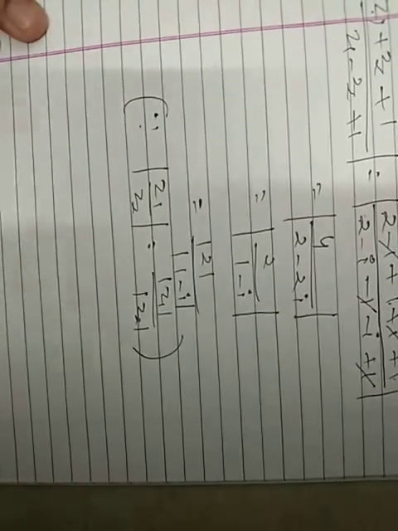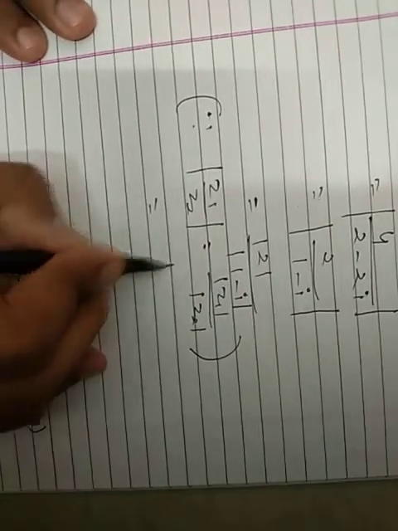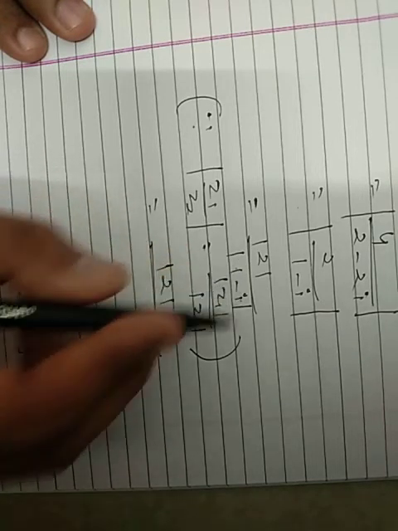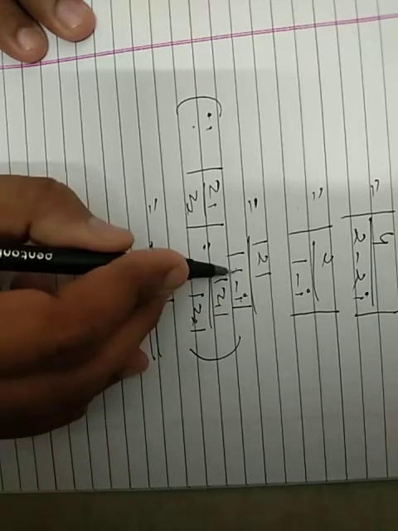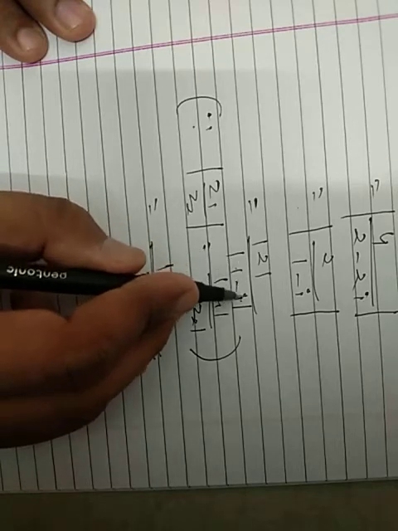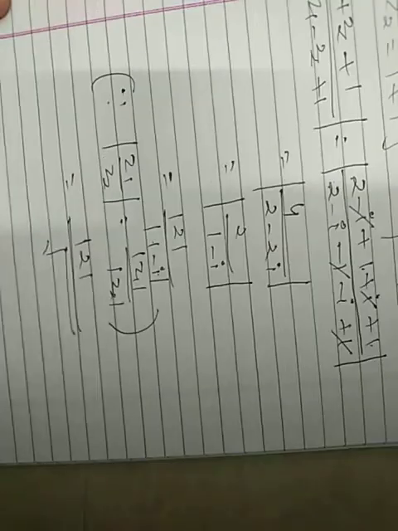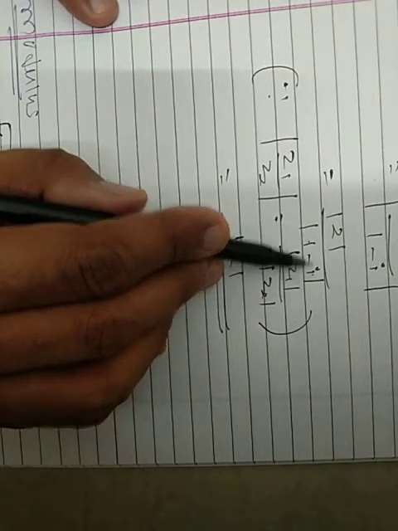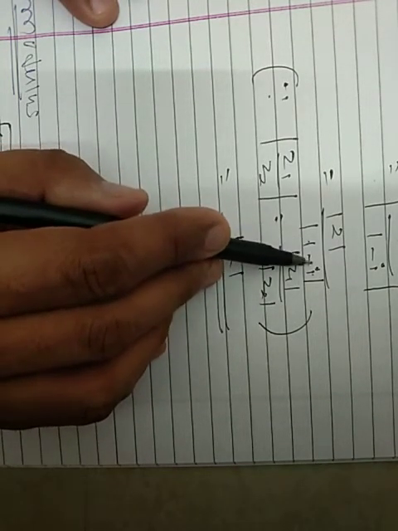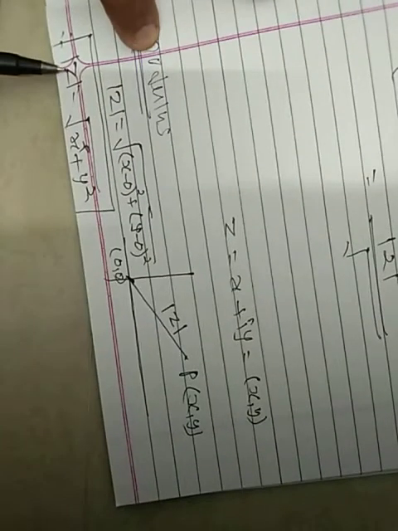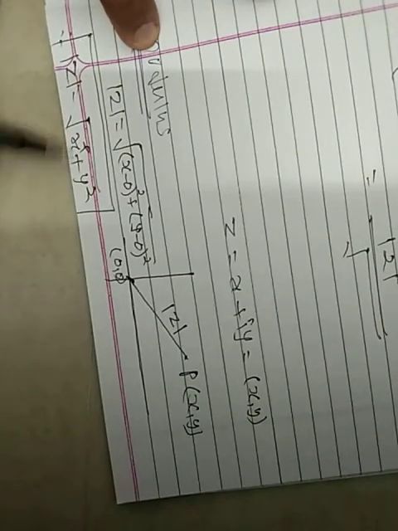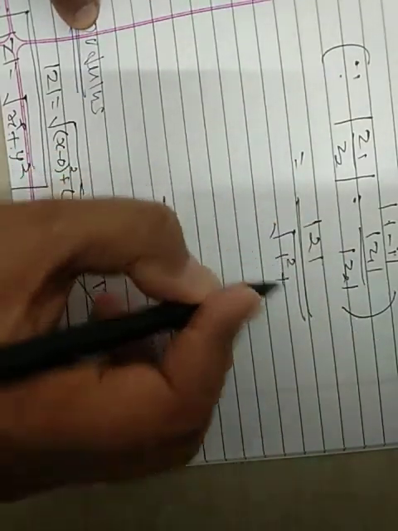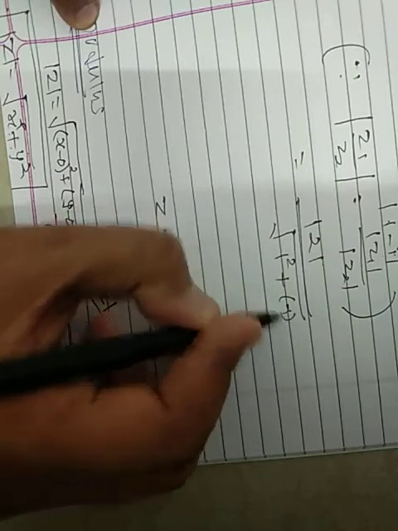Okay, now this is 2 upon mod 1 minus i, that's why this is z1. x is equal to 1 and y is equal to minus 1. Compare with x plus iy. Therefore x equal to 1 and y equal to minus 1, because I want to put mod z equal to root x square plus y square. Therefore here x is equal to 1 and y is equal to minus 1.